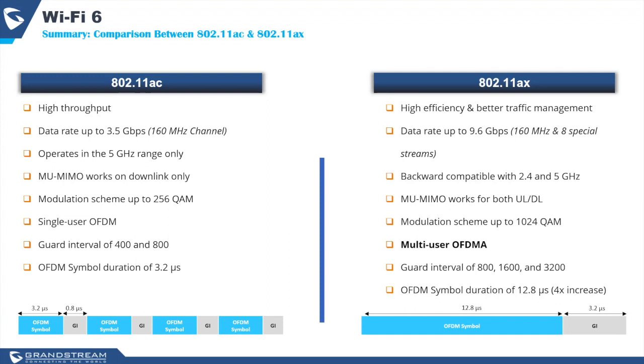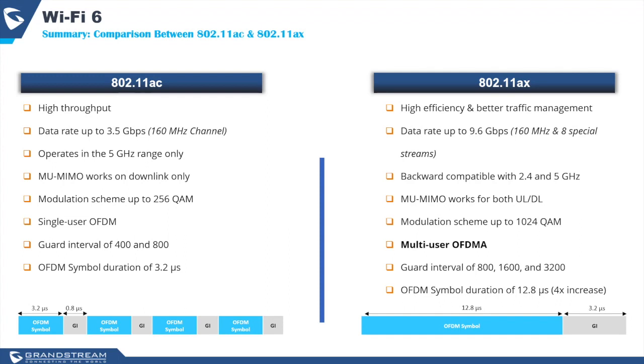It uses multi-user MIMO technology for downlink or download only. And it uses a modulation scheme up to 256 QAM. It uses single user OFDM, which I just explained. That means each user will have to use the whole channel to send and receive. It uses a guard interval of up to 800 and an OFDM symbol duration of 3.2